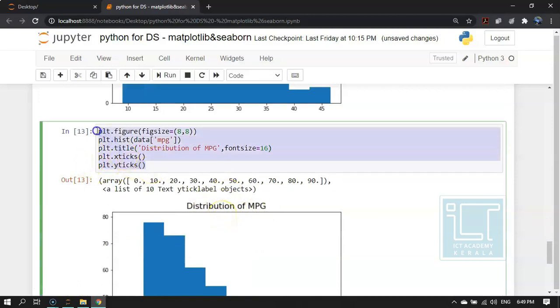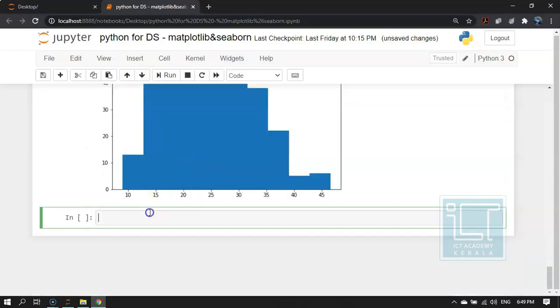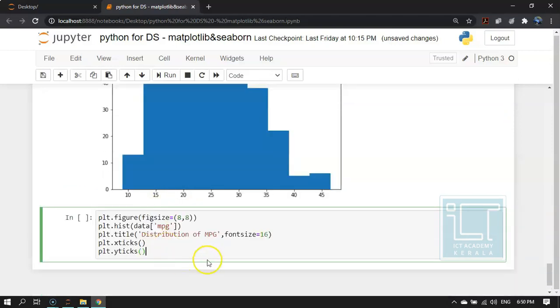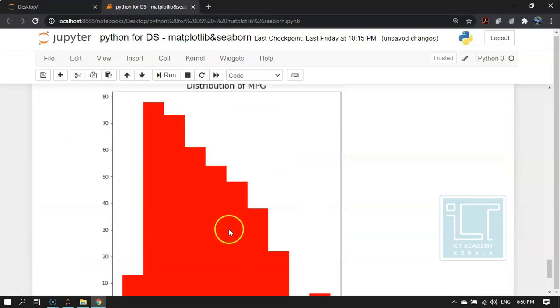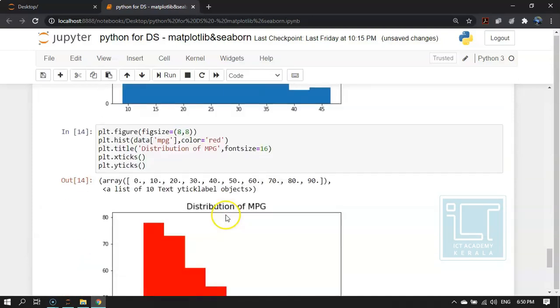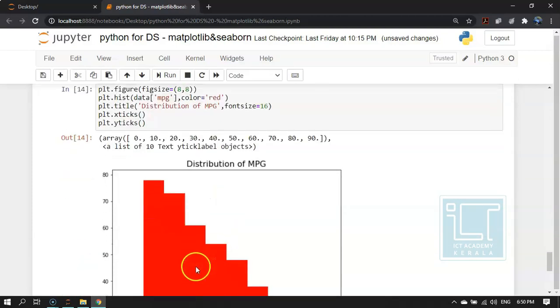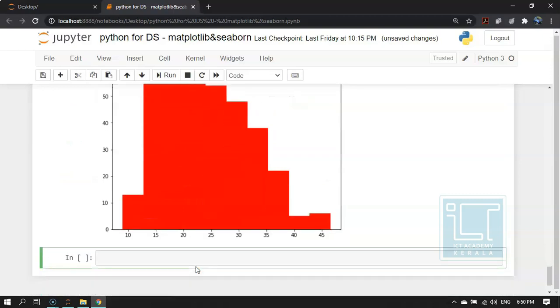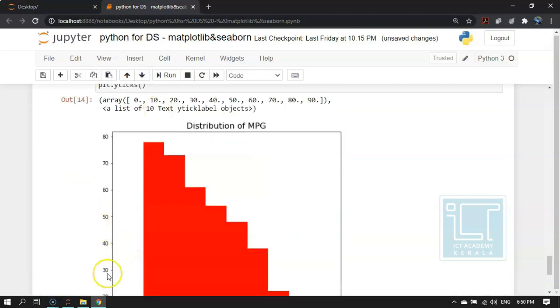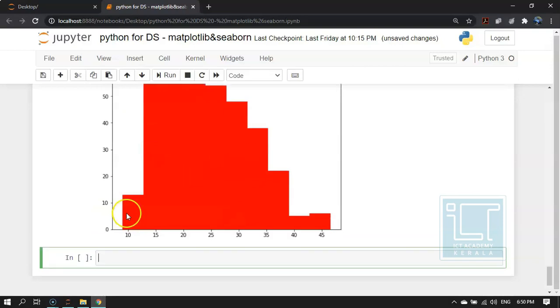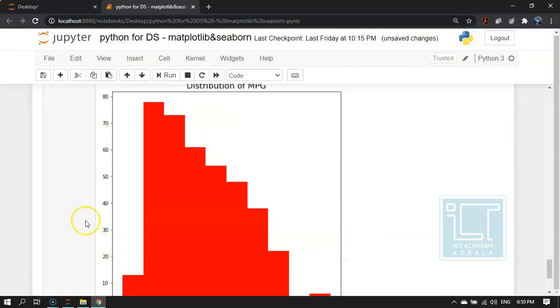Now again I am going to make some changes to the graph. So I changed the color from blue to red. Now from this graph, it is very difficult for us to understand what is there in x-axis and what is there in y-axis.